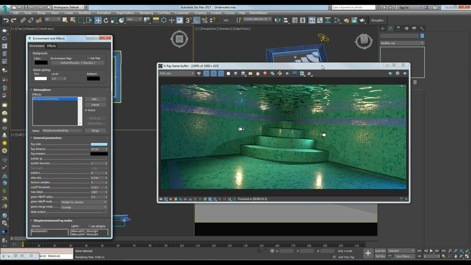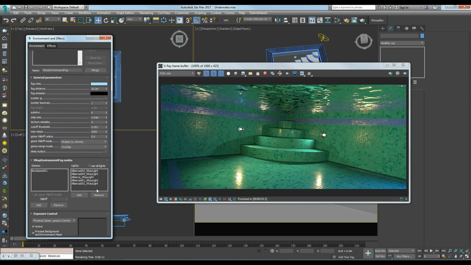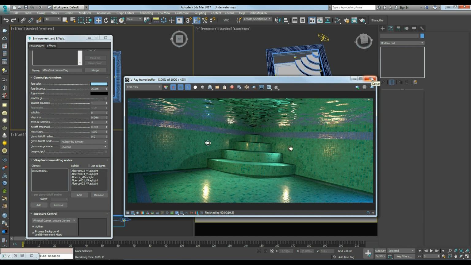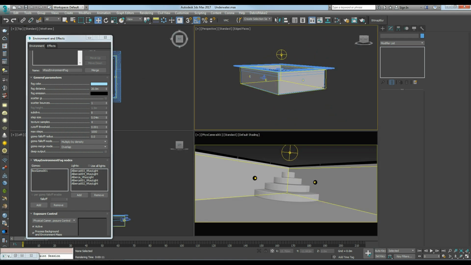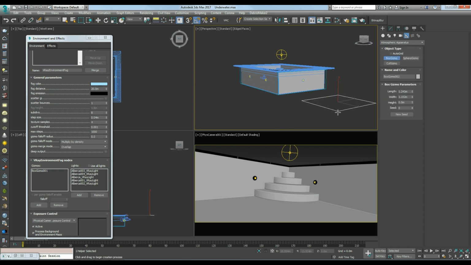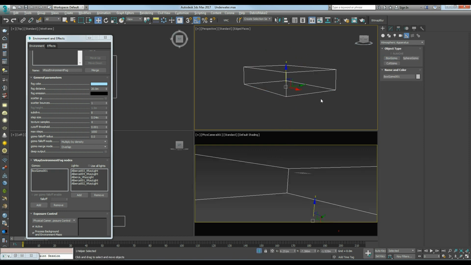And the next thing I'm going to use are these tools that V-Ray gives us, and they are very, very useful to speed up things like fog. So I'm going to use a gizmo. As you know, gizmos are containers. You can find them here in Create, Atmospheric Apparatus, and then you find this box gizmo. This is the one I used in the video.